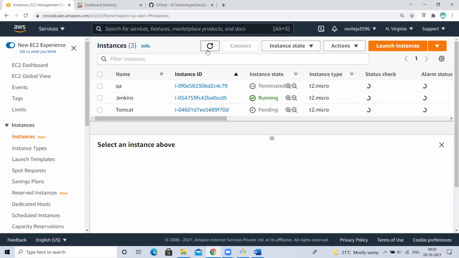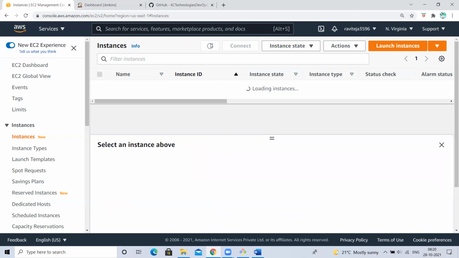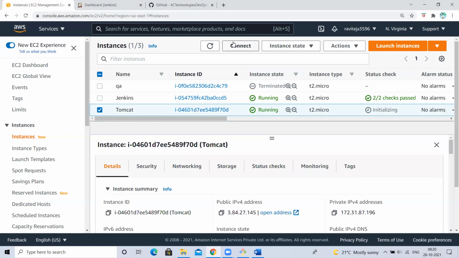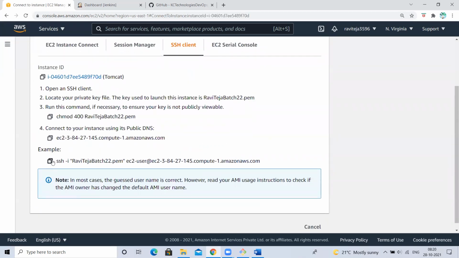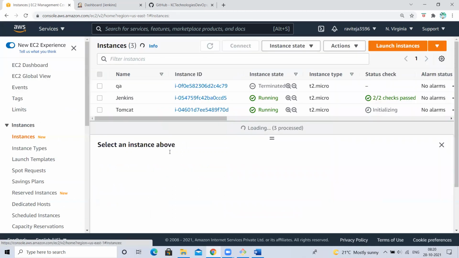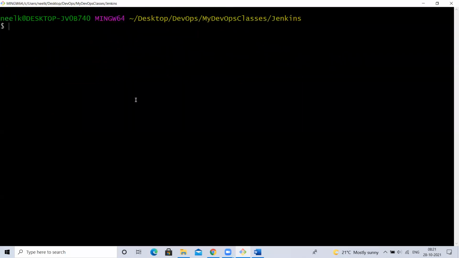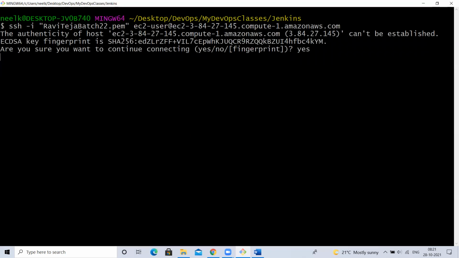Let it get started. So this is initializing, let me connect to this. This is the Tomcat instance I'm connecting to. Let me exit from here. I'll use the same terminal, from here only I'm connecting to the second instance, the Tomcat instance.